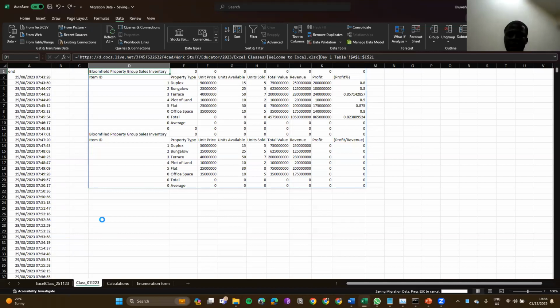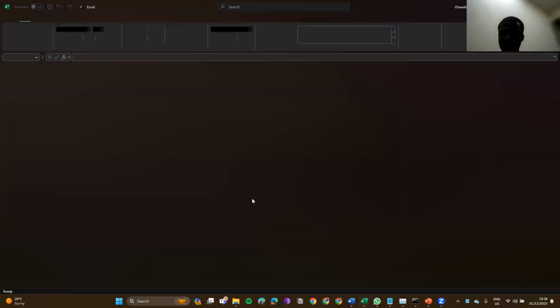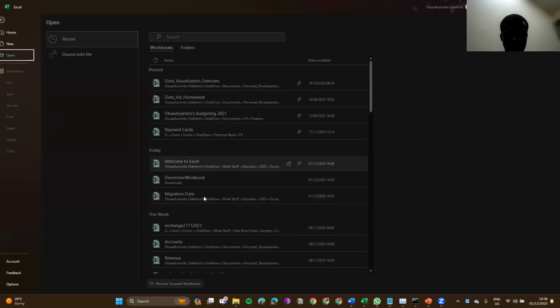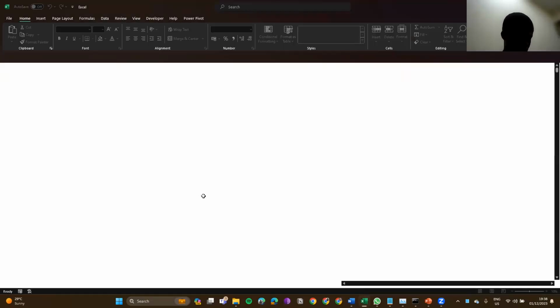So I'm going to close this. So you see, immediately I changed the name of that document, it picked the change and updated itself. Now, that's one of the advantages of using Excel. I don't know if that really happens in Google Sheets. I don't think it happens. But with Excel, when you have, so I'm trying to reopen the document. So you can see